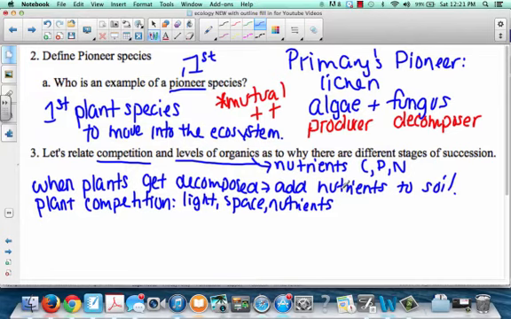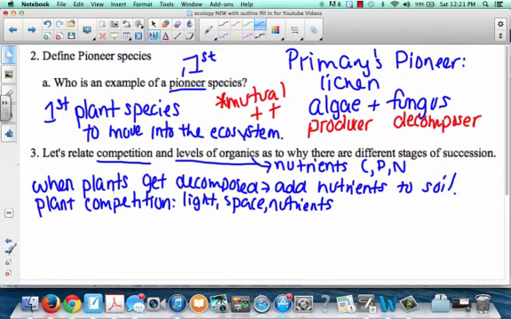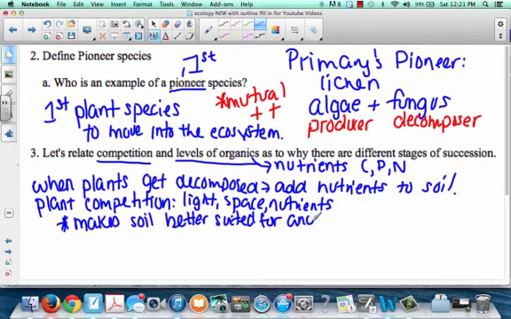And so as we go from phase to phase to phase of succession, going back to our pictures here, when we go from shrubs to trees, and even grasses to shrubs, when they die, they add nutrients back into the soil. Okay, so what that does is it actually, I want you to write this sentence down, then we're going to draw something a little bit. So it actually makes the soil better suited for another